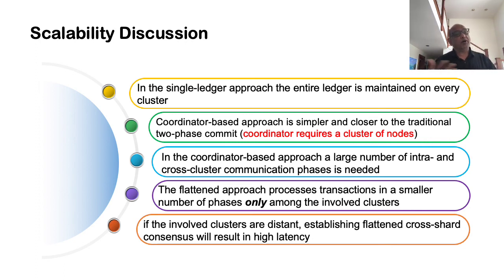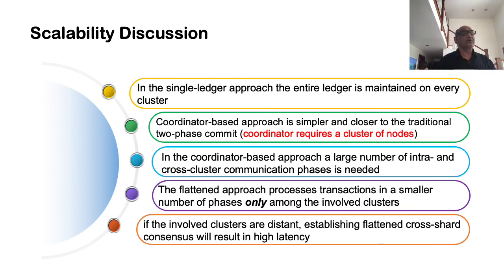One drawback of AHL is that as soon as you have any amount of cross-shard activity, you have this centralized coordination through the reference committee. Sharper, as we saw, eliminates the centralized coordination,